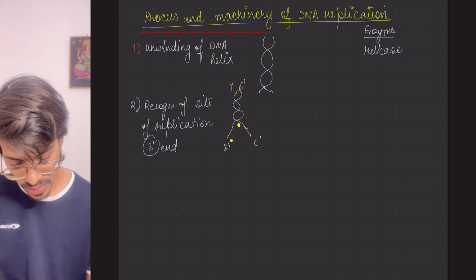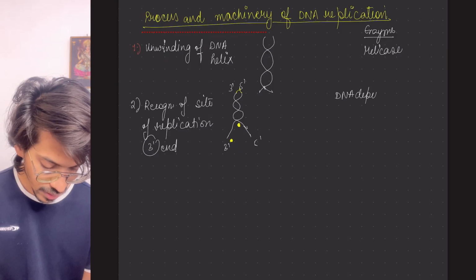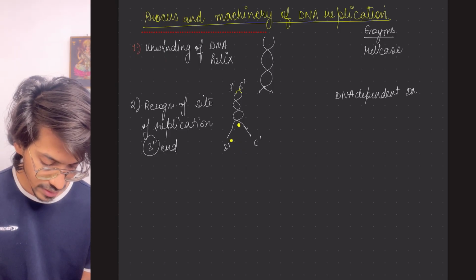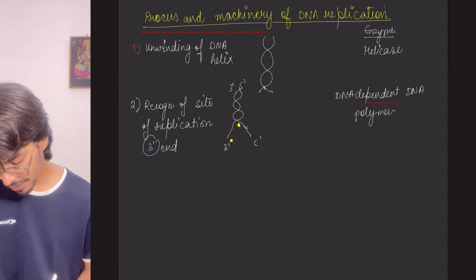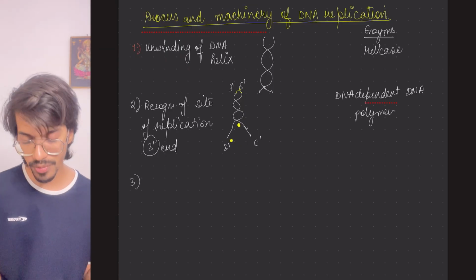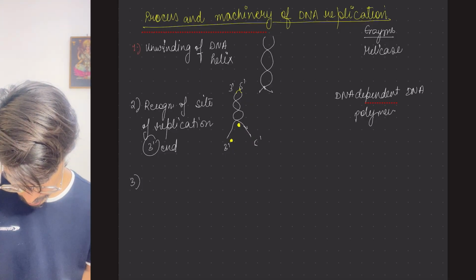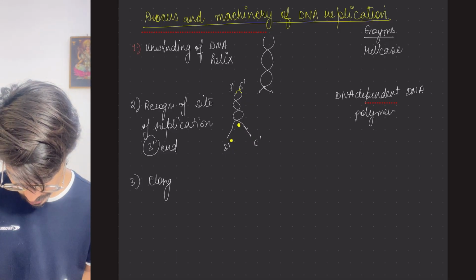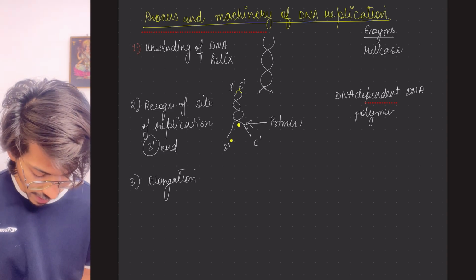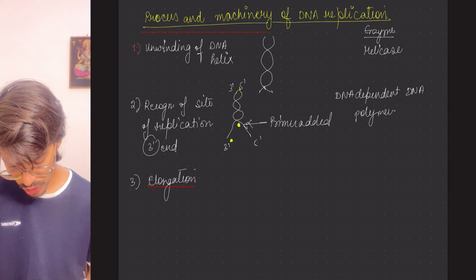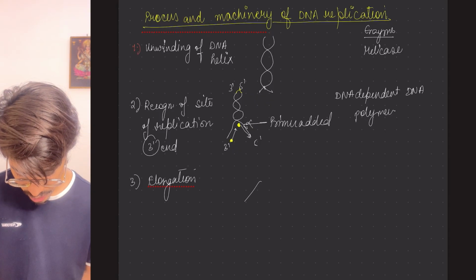Now who will find this? This will be found by DNA dependent DNA polymerase. Okay. After this, once the site has been formed, what will happen? Nucleotides will keep on adding. So there will be elongation. Of course, the primers are added. Primer added. Okay, elongation until what? Until this, until this. Now, as it reaches this point,